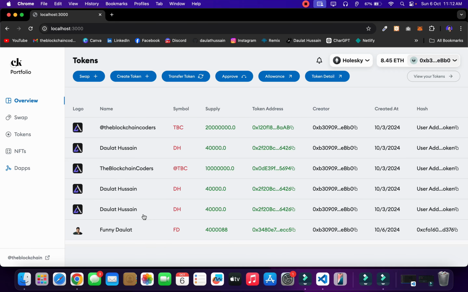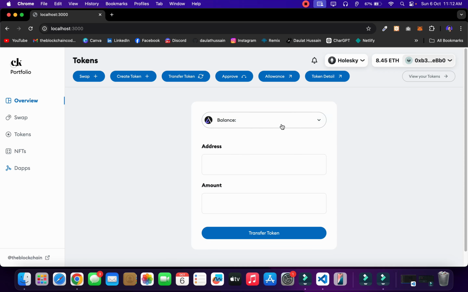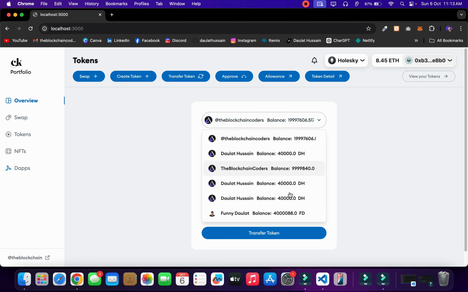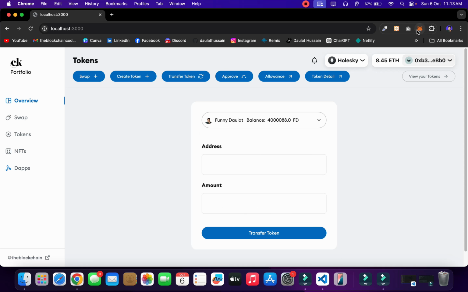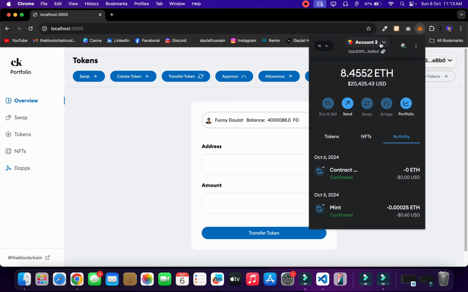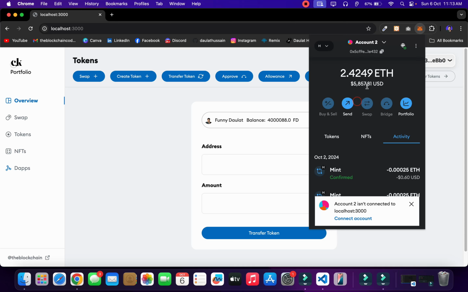So this is how you can create your token. Now I want to transfer the token to my other wallet address. So I will simply come back here, and here I will find a list of all the tokens which I hold, and I want to transfer this token which I have created just now, so I can show you. First I have to get the address of the wallet. So I'll simply come back here and copy the address of the wallet, and I'm going